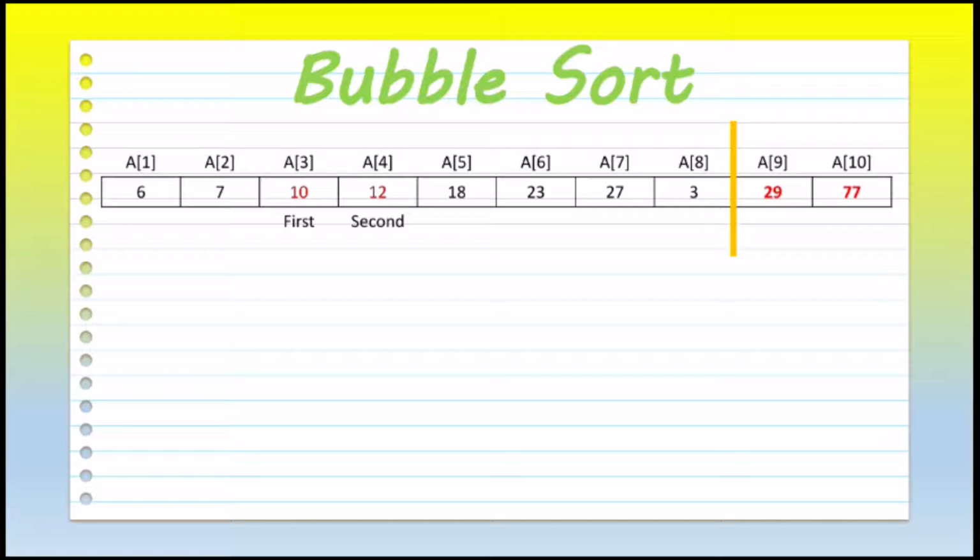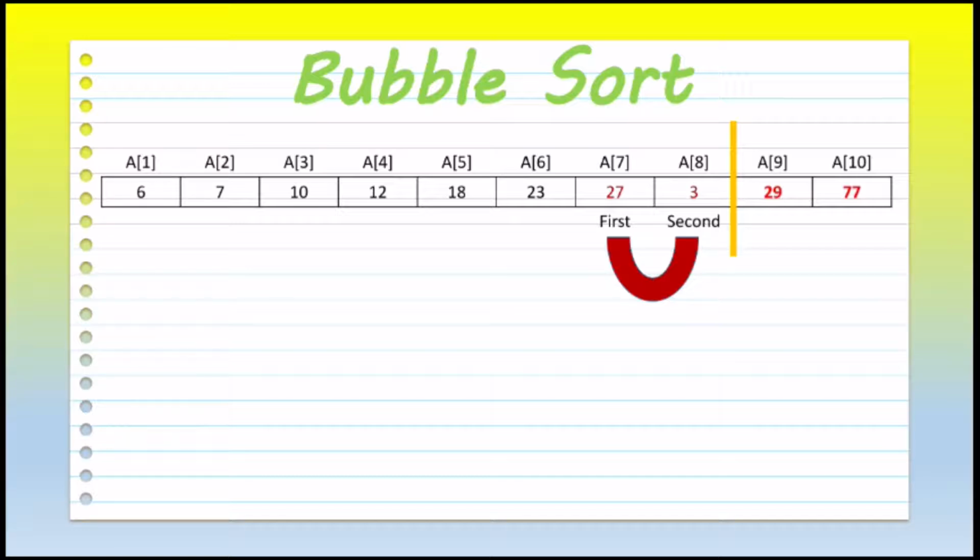So next two adjacent elements are 12 and 18. So is 12 greater than 18? No. Again the condition is false. So next two elements are 18 and 23. So is 18 greater than 23? No. Again the condition is false. Next two adjacent elements are 23 and 27. So is 23 greater than 27? No. So the next two elements are 27 and